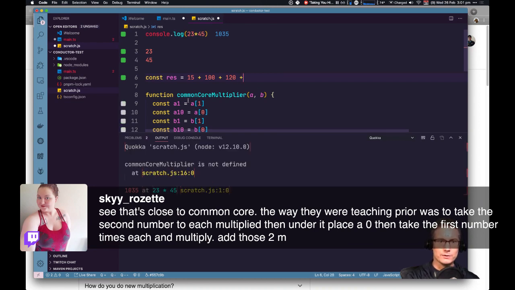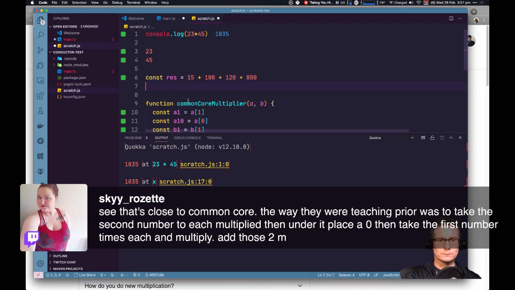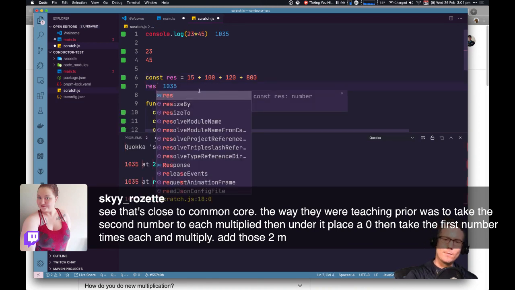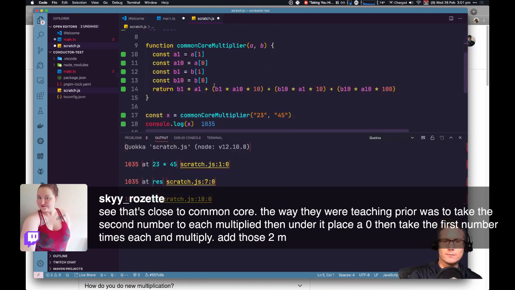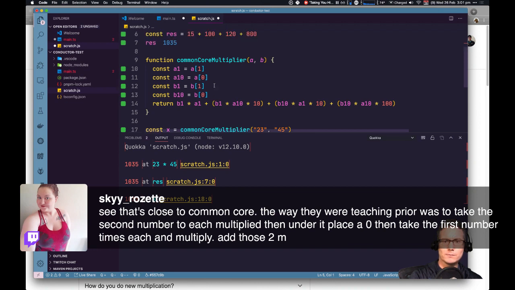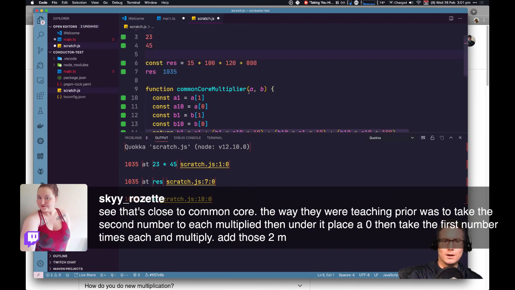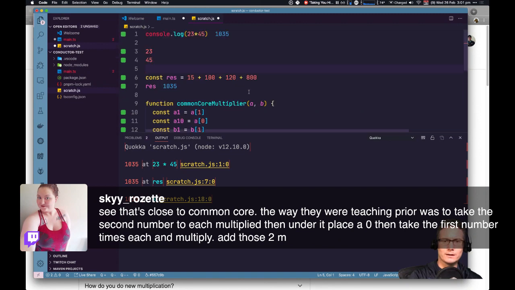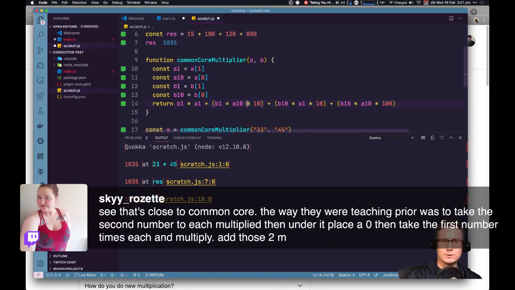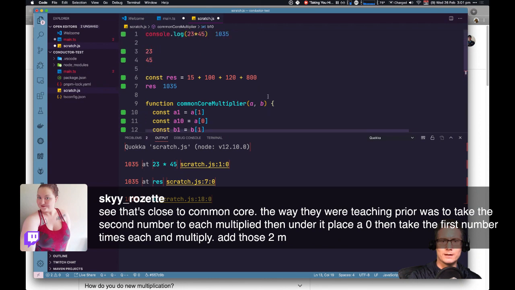And you write down 2 zeros, and you go 4 times 2 is 800, and you get that. Oh yeah, okay. The only difference is that instead of actually explicitly doing this multiplication here, you just put down a 0 and then just add it onto the end of the number.